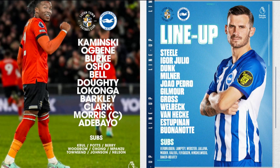Brighton go back to keeper Steele, who's closed down by Adebayo, plays it across to Dunk. Dunk clears upfield. João Pedro lays it off, and Estepinian has got some space now down the left-hand side for the visitors. Now Julio just over the halfway line, back to Pedro. Pedro skips away from one challenge, back to Dunk. Back to Julio again, but that Luton press is there again, forcing Brighton back. It's rolled forward for